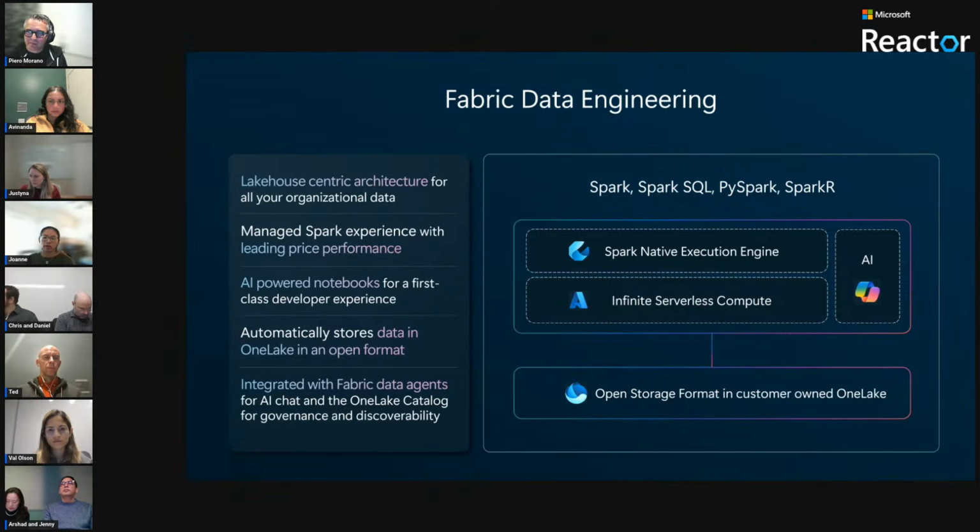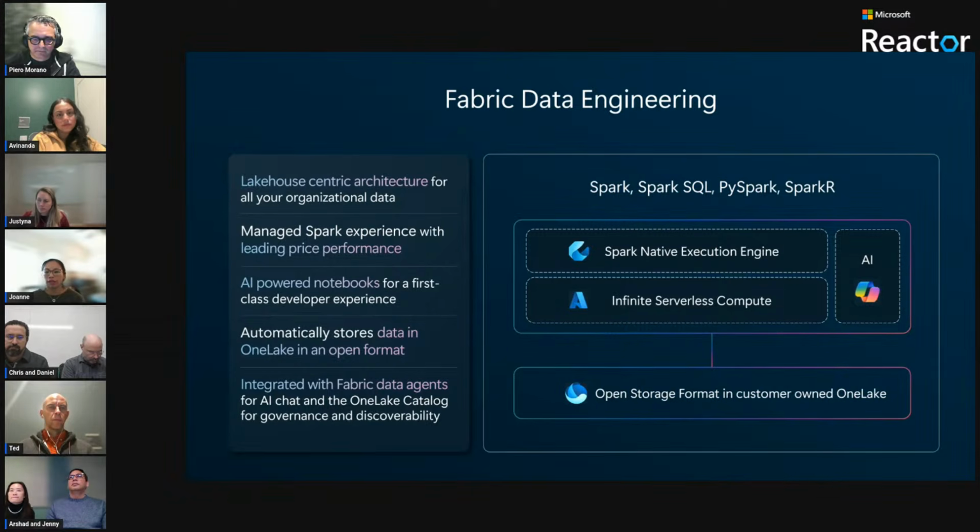This means you can run complex data transformations and analytics without worrying about infrastructure overhead. We also provide a first-class experience with AI-powered notebooks. These notebooks accelerate coding, debugging, and data exploration, so it makes advanced analytics more accessible and efficient.